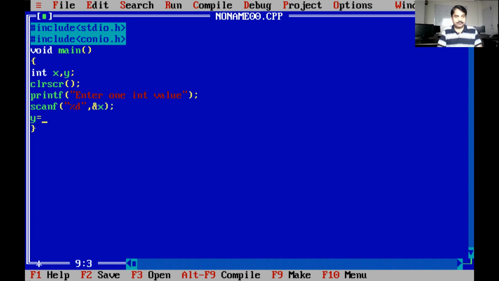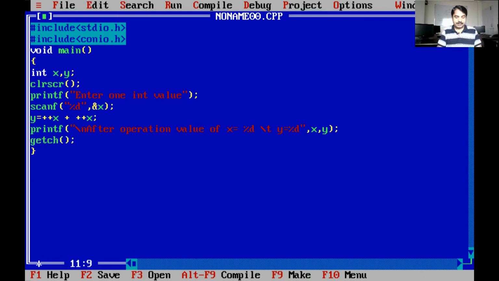We take input for x and then ++x, again ++x. Then we print \n after operation value of x equal to %d \t, y equal to %d, then we print x and y.